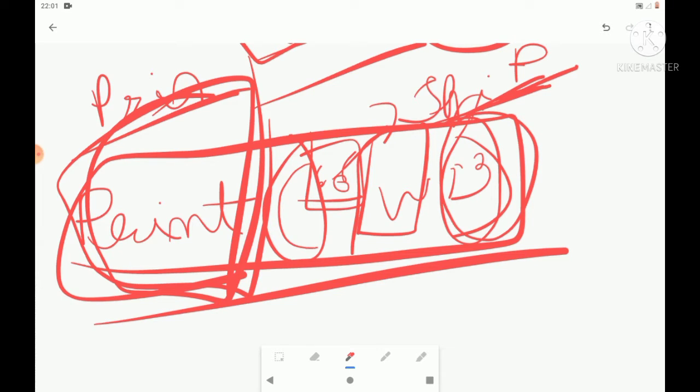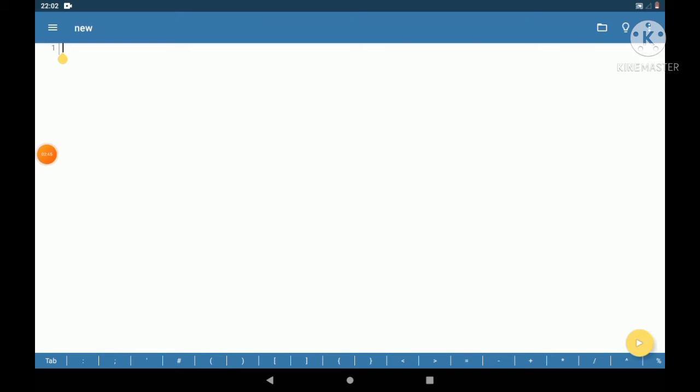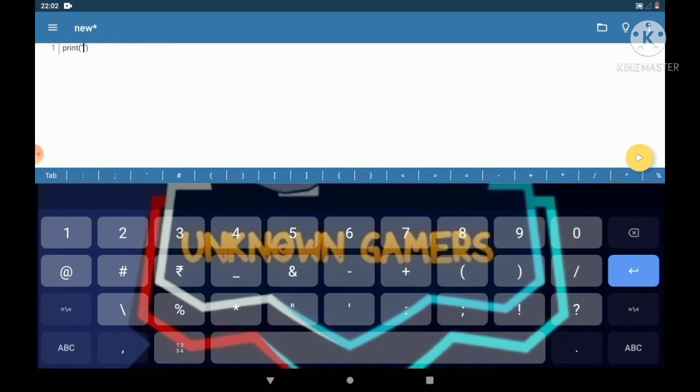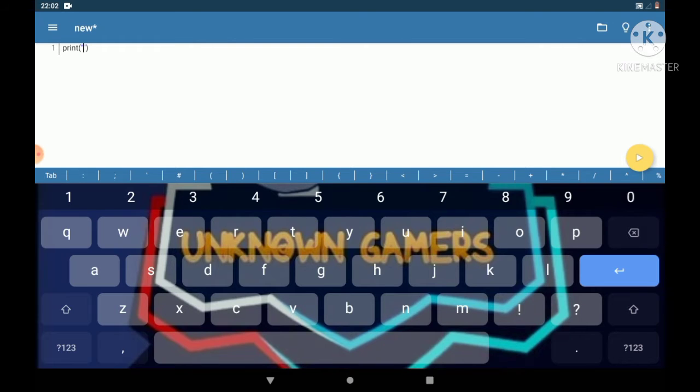Now let's go to our Python again and start some coding. Let's start with a simple and basic thing, print. Let's write a statement like print, with double quotes, and inside it hello world.